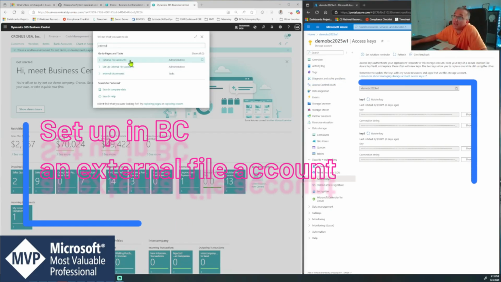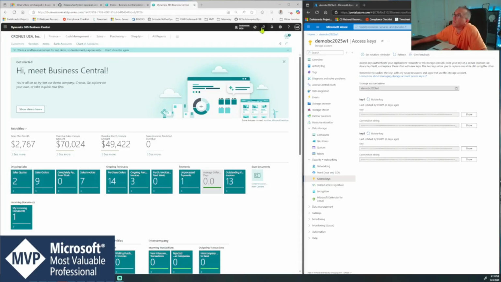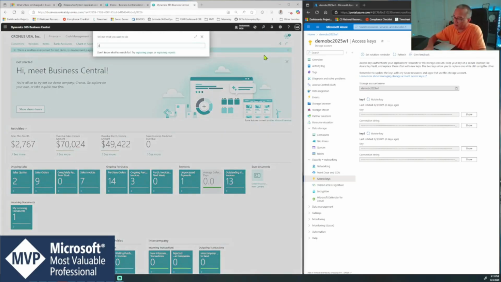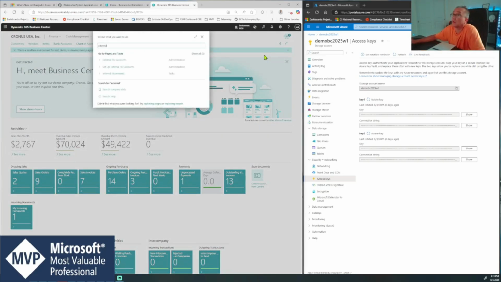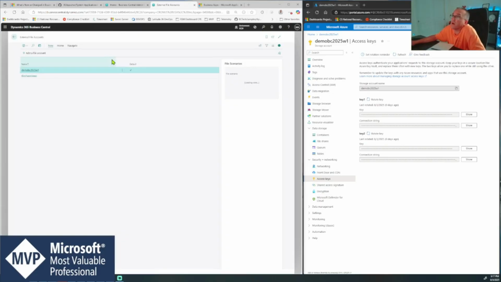If you don't see external file accounts or set up external file accounts, most likely you don't have the two extensions that I showed you a few minutes ago. So in my tenant, I have two external file services file accounts created. One is called Demo BC